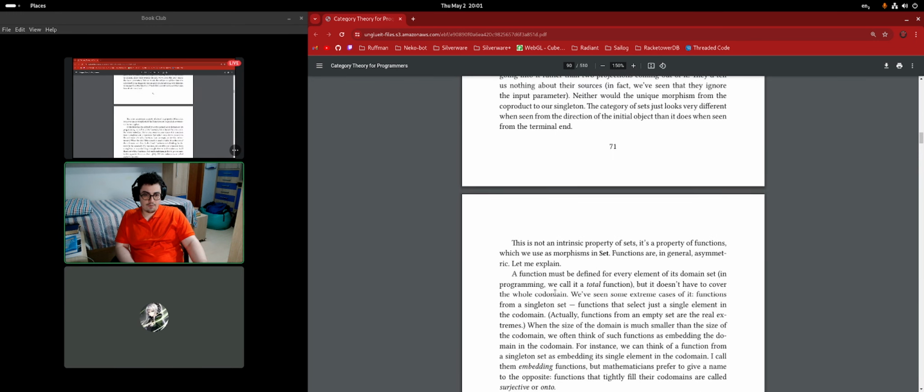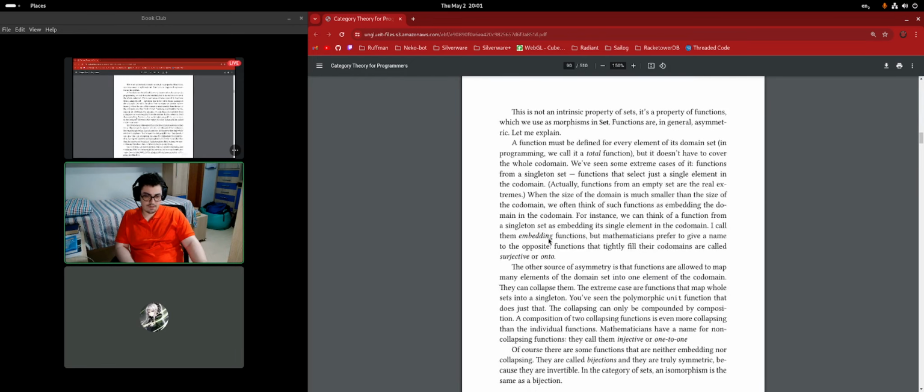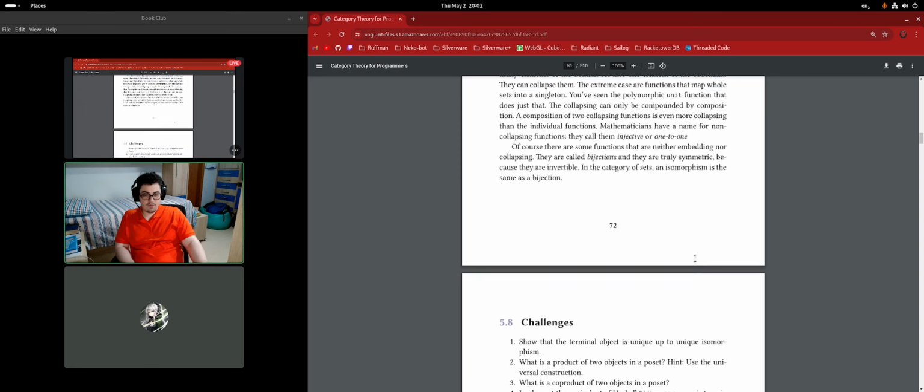Okay, so there are a little bit more definitions here that I'm jumping because he's going to talk about surjective, when the functions tightly fill their domain, and when they are, I believe, feeding one another, they are called injective. Anyway, so I'm going to have to come back into this.